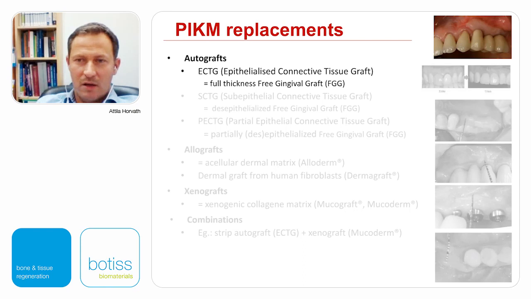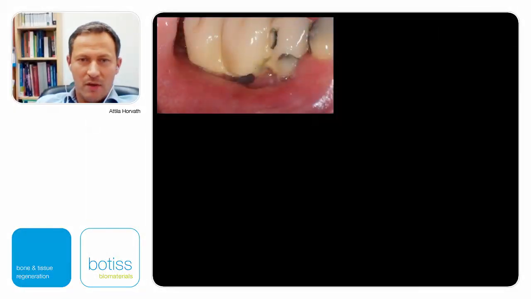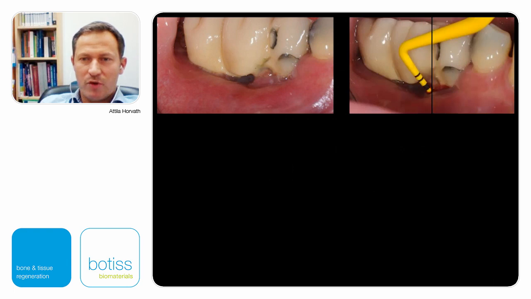So let's discuss this in a little bit more detail. Autograft as a first choice, so epithelialized connective tissue graft, formerly or widely known as free gingival graft. So I brought you a nice example. This patient came to the office with difficulty in brushing, because in the lower jaw he said, well, I have a little bit of pain on brushing, there's bleeding, and if you take the very difficult and dangerous weapon of the periodontist, the periodontal probe, and press into the pocket, we can measure an 8 to 9 millimeter pocket, which does not mean a long life for